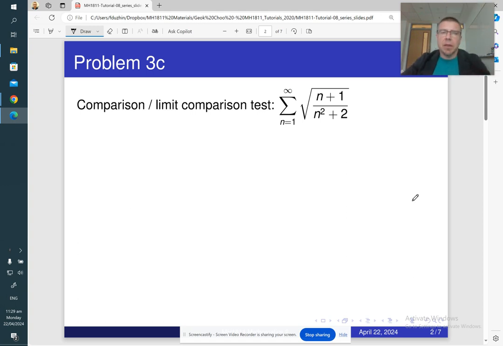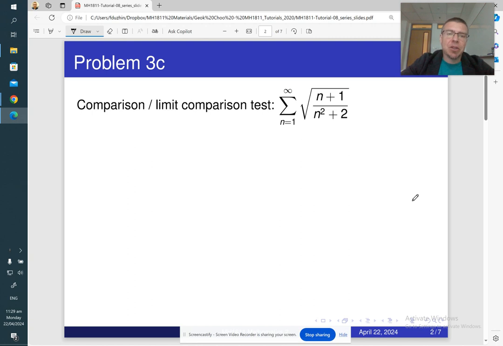Hi, here is my solution to problem 3C from tutorial 8. So I'm going to record a few different approaches to do it, and my first approach is going to be